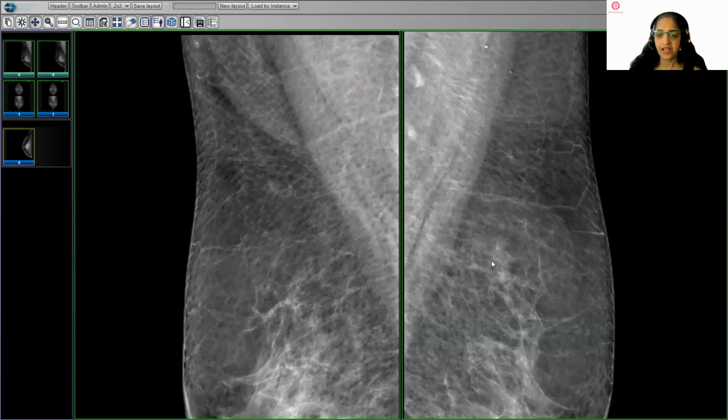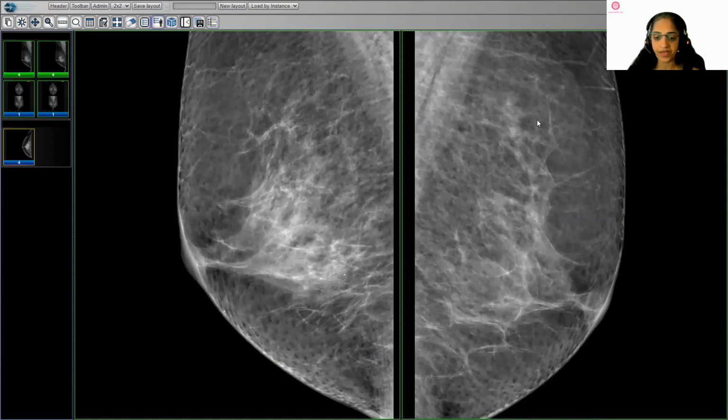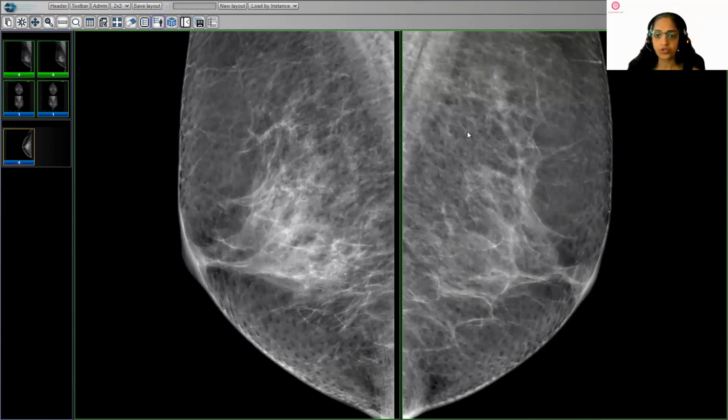And like this, your eyes have to move in a zigzag fashion from top to bottom, from skin to the chest wall, covering the entire breast image properly. And this also allows comparison while you are screening through the two breasts very meticulously to find any small abnormal finding or abnormality. Okay, so you go through the entire image going from top to bottom and from skin to